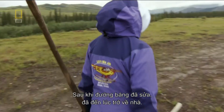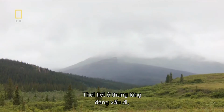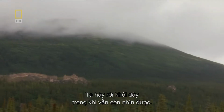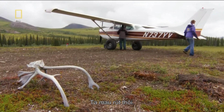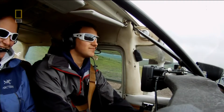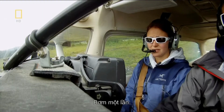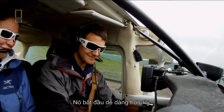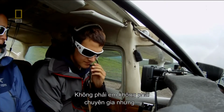With the runway repaired, it's time to head home. The weather's coming up the valley. You want to get out of here? Yeah, let's get out of here while we can still see. It's haul ass at the haul ass. Up once. It just starts easier that way. Not that you're not pro, but